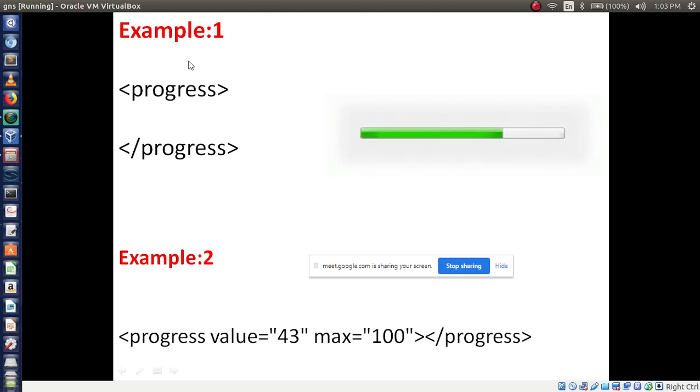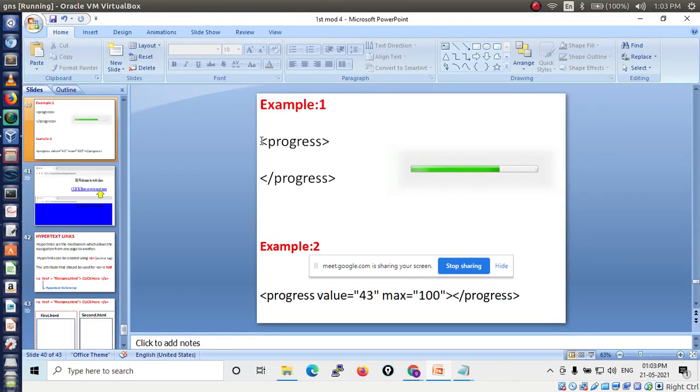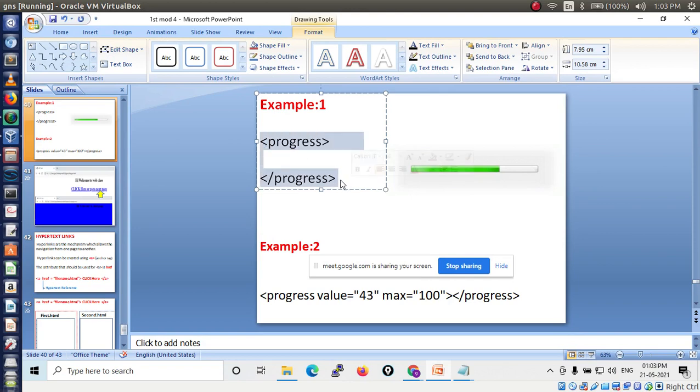So you can write this example 1 and example 2. Let's see, I will show the demo of how the icon looks. Simply I am going to put this simple line, progress and slash progress.